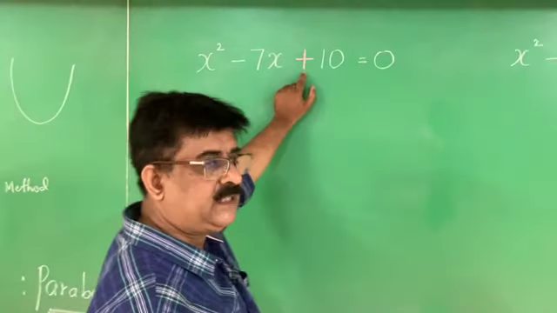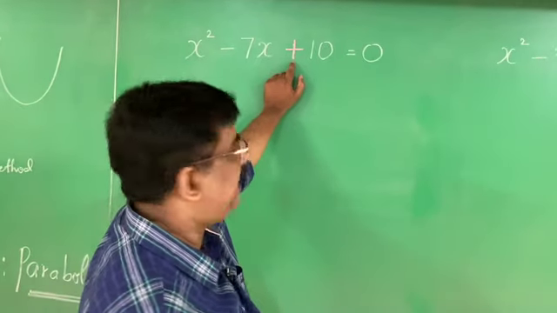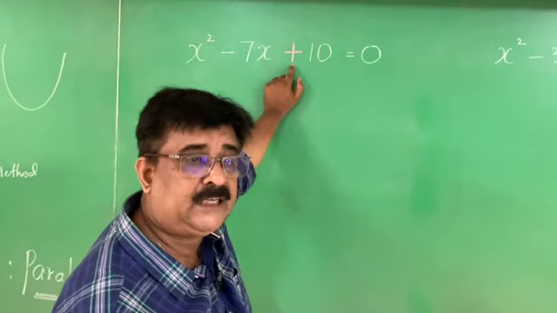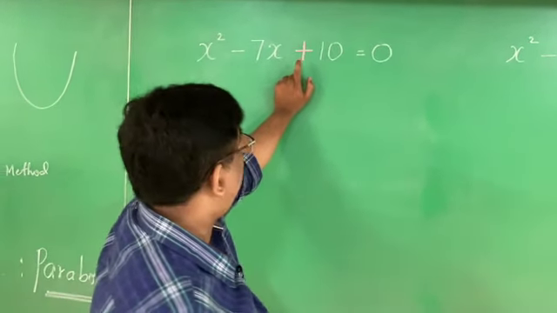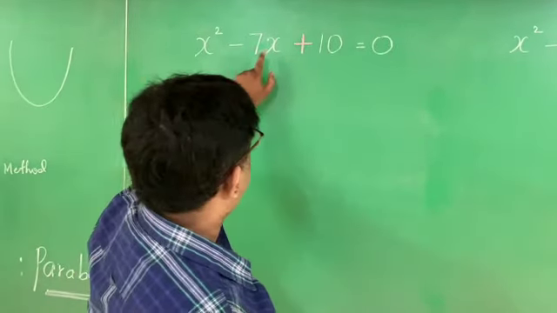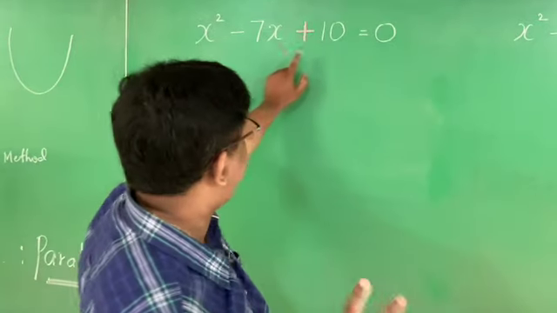This sign gives us one piece of information. The sign may be either plus or minus. If plus is there, the factors should be added. You split the middle term and you have to add those 2 terms. Add, addition.